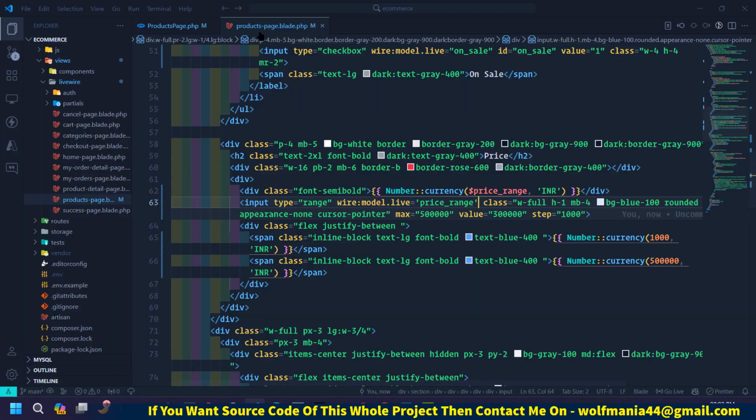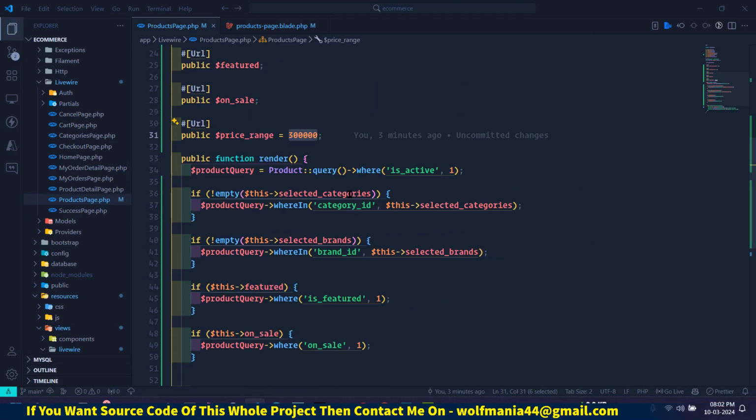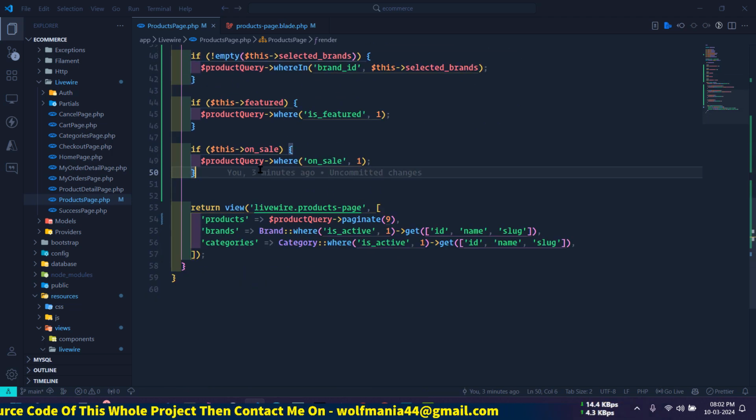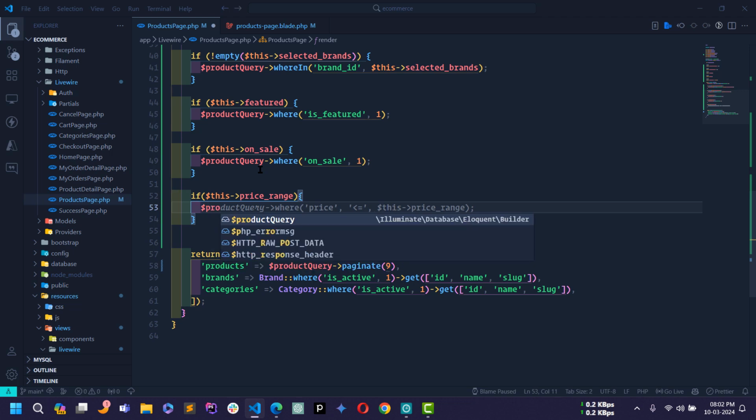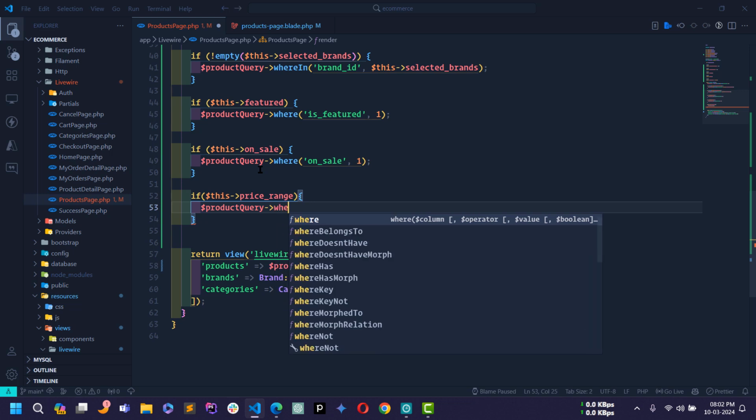Now let's go to the products page.php file. Here I will write a query to get the products from the initial value and the selected price range value. First I will write a condition if this price range value changes, then I will use the product query and the where between method